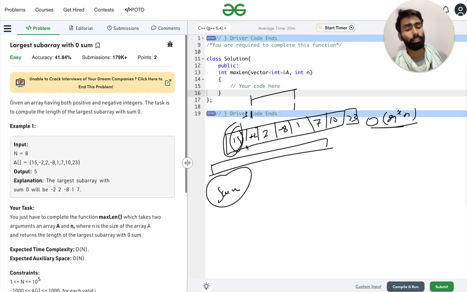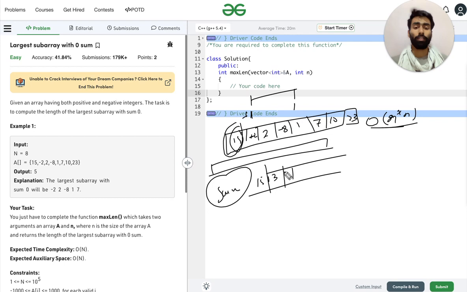So let's understand this with this example. Sum of 15 is 15. 15 plus minus 2 is 13. Let's make it an array, and 13 plus 2 is again 15.